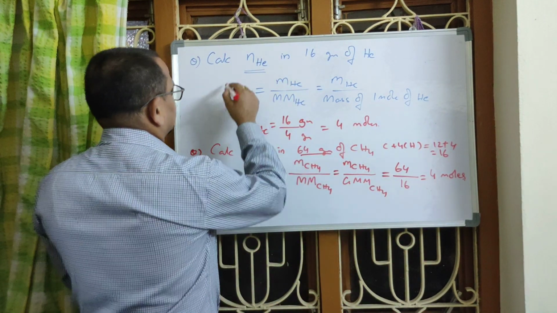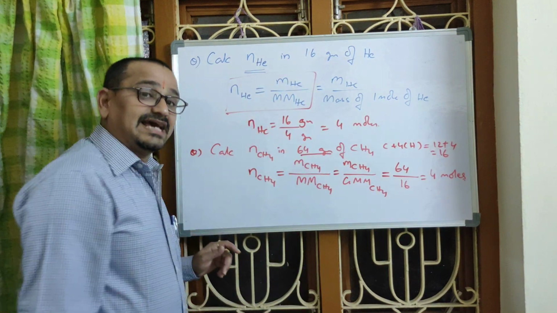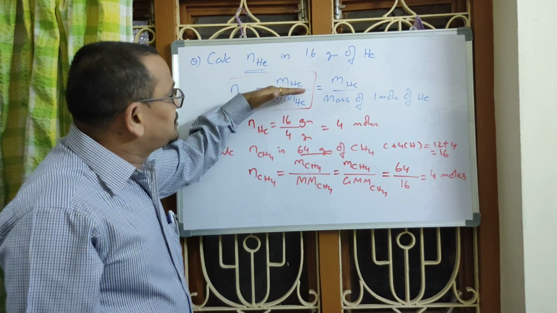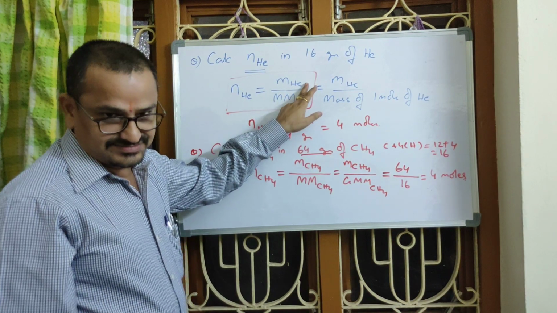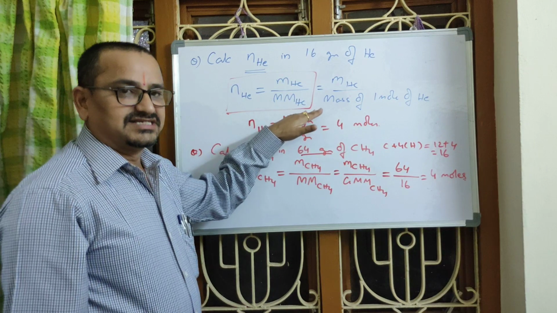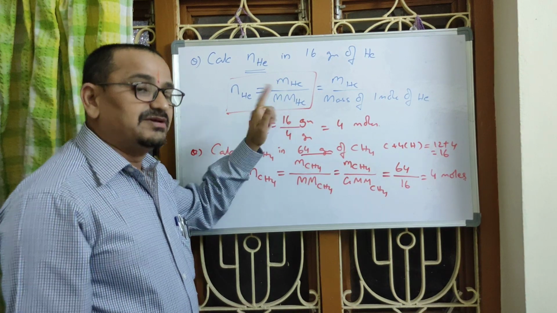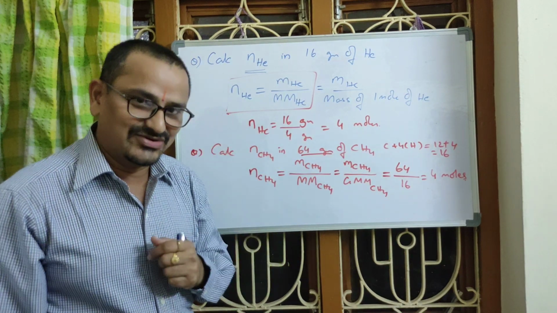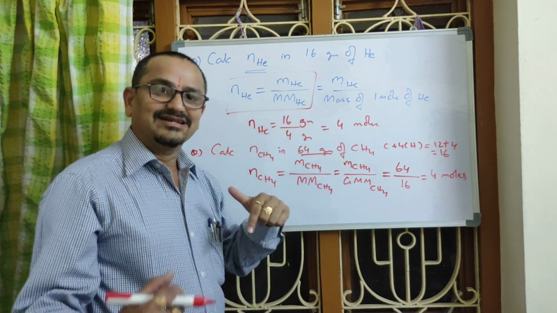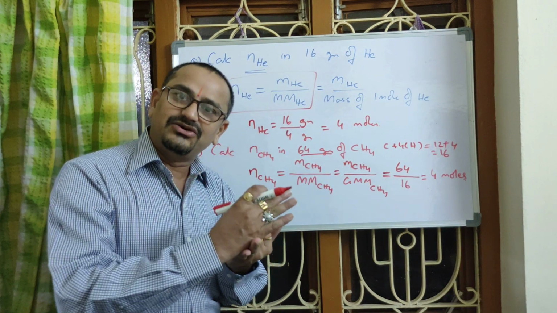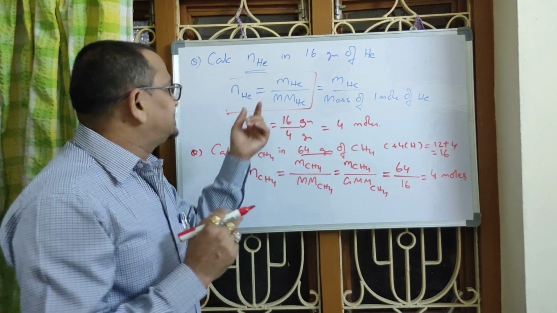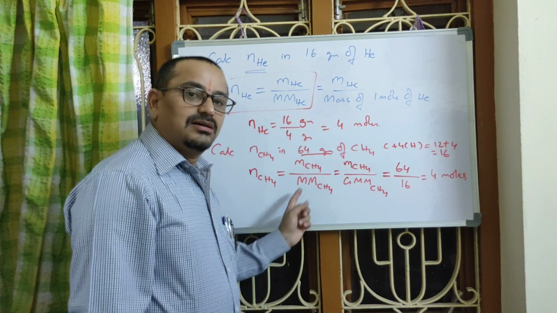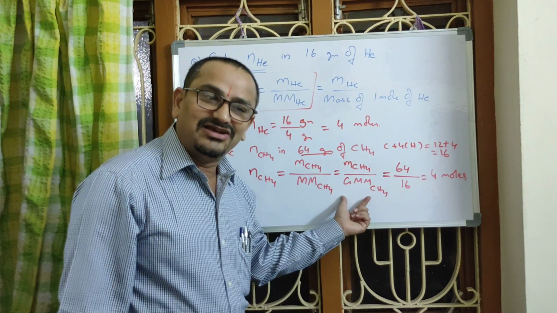Immediately we should come to this relation. Number of moles of a substance can be calculated as the ratio of mass of the substance given to molar mass of the substance. Be perfect in this. What's meant by molar mass of the substance? Mass of 1 mole of a substance. Again, the substance may be an atom, a molecule or an ionic substance. If it is an atom, molar mass can be taken as gram atomic mass. If it is a molecule, molar mass can be taken as gram molecular mass.